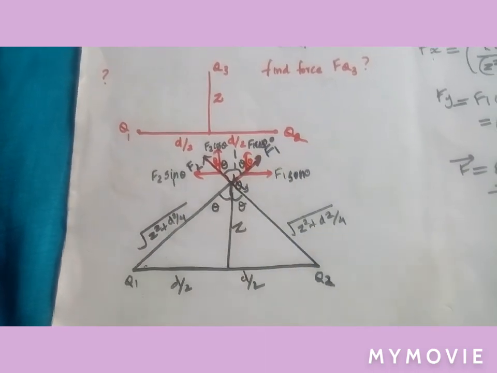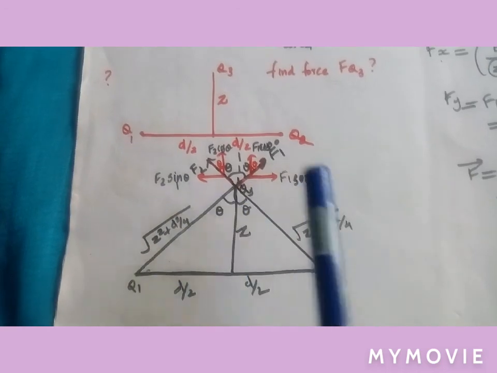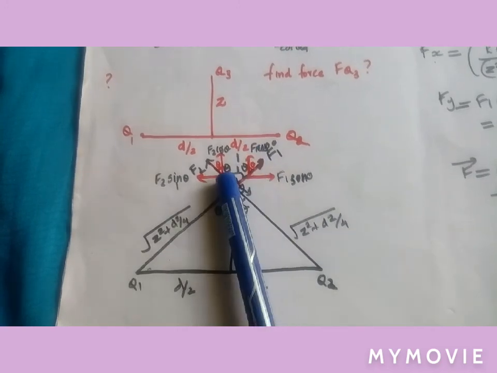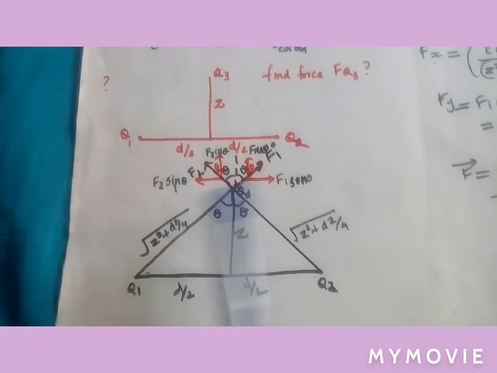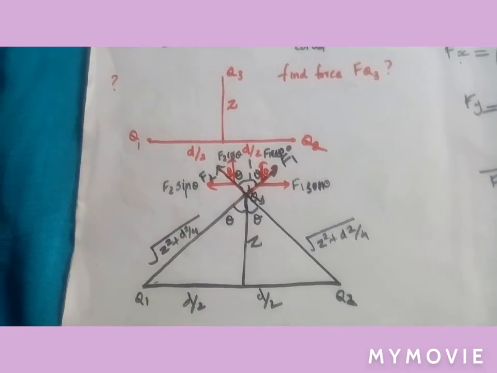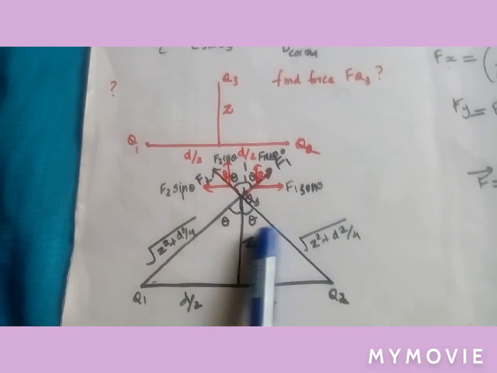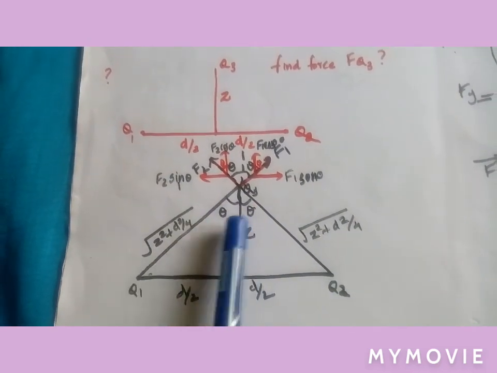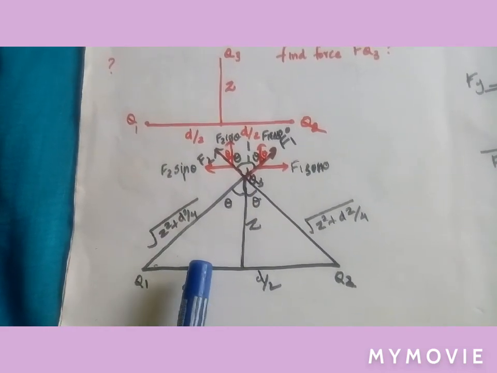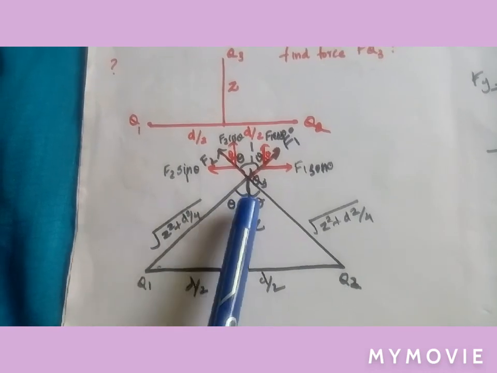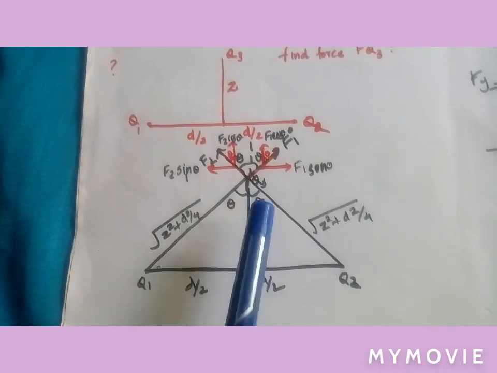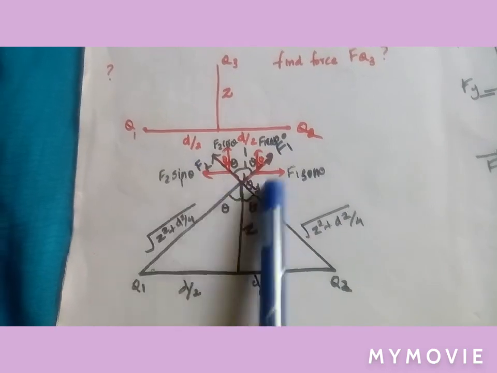But we know that they make an angle theta, so they can be resolved. So F1 sin theta, F1 cos theta, F2 cos theta, F2 sin theta. So we have these components of forces, and we have to find the total x component and total y component of the force. We just consider theta because we know the same angle lies with the same side. Here the angle opposite to the same side is theta. Here also the same side, that means here also theta. So we get the force components like this.